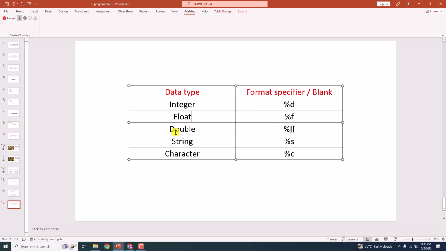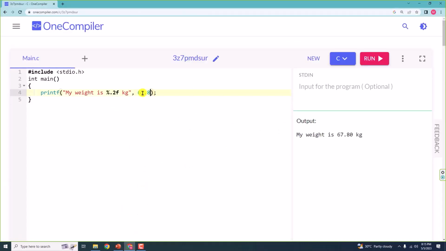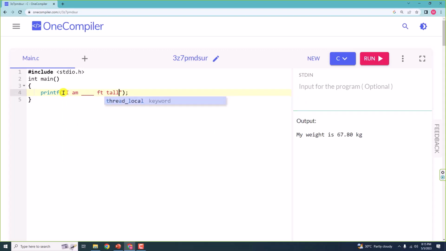Okay. Next, let me proceed. I am dash feet tall. Alright, I am dash feet tall. So let me delete this. I am dash feet tall. Now what do you think goes here? An integer value or a double value or a float value? It can be any, correct? It can be any. So here let me insert a,